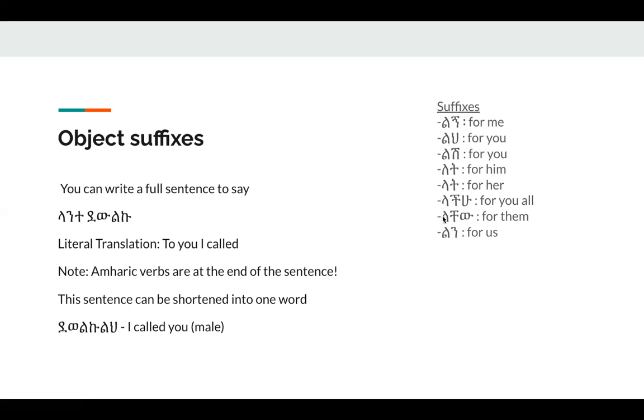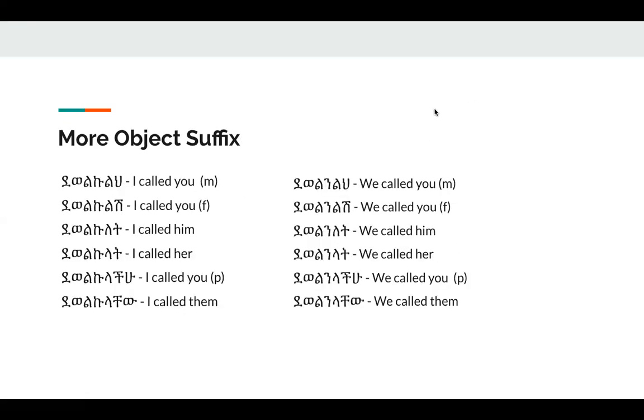This represents the pronoun them. This represents the pronoun you all. This represents the pronoun her. She. This represents the pronoun he, and so on. You, and I. So that's why they're called pronoun suffixes because they're attached to the end of the word. If you guys will see from the previous page, at the very end, there's lish, let, lat, lachu, lacho. And